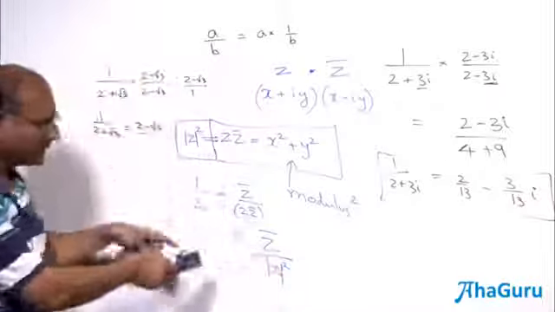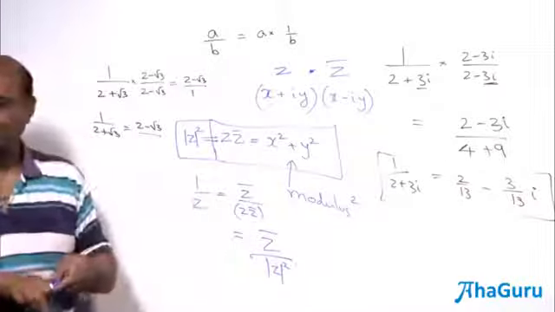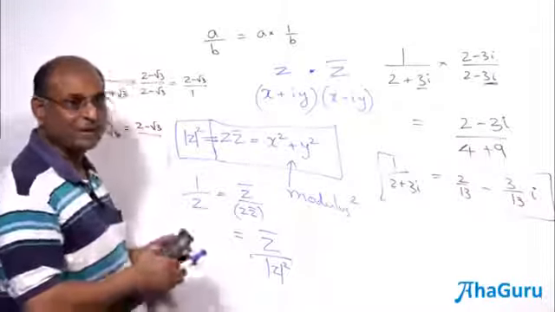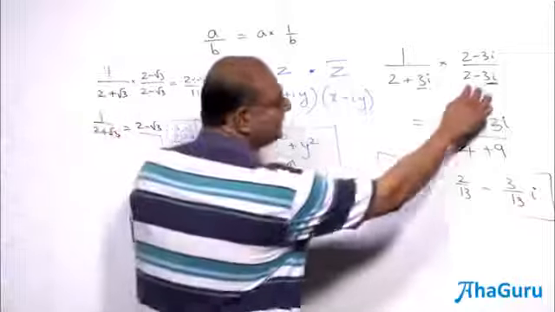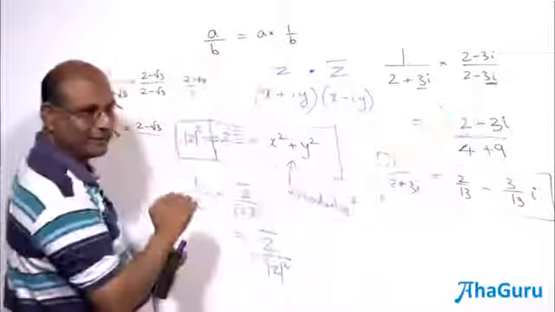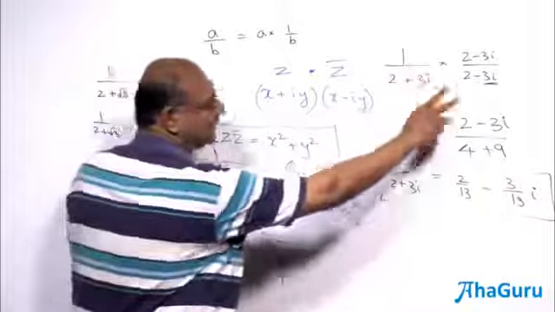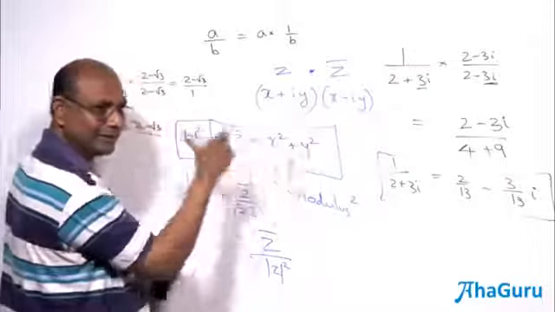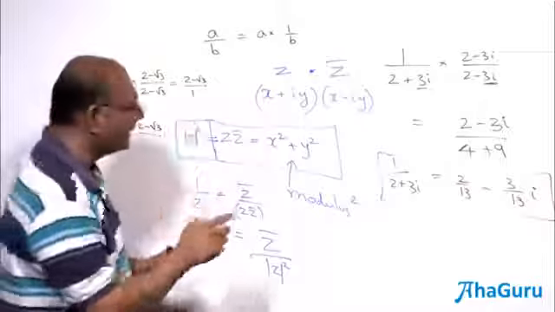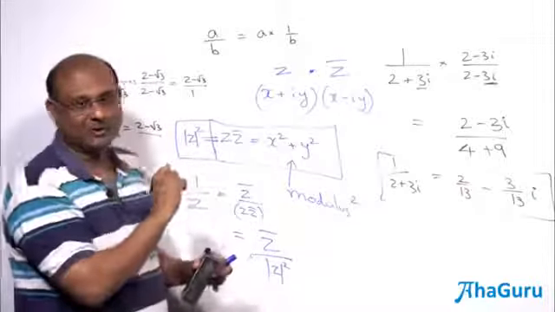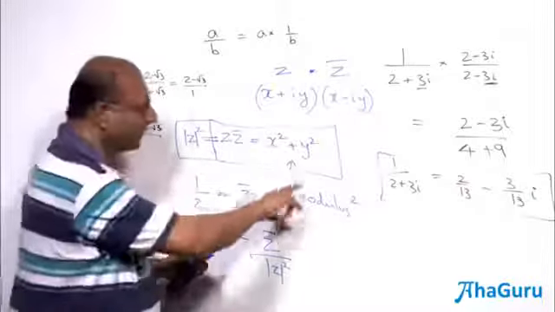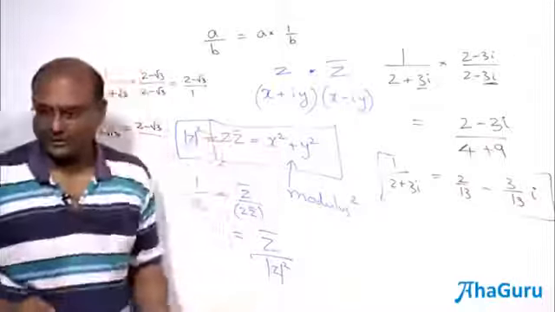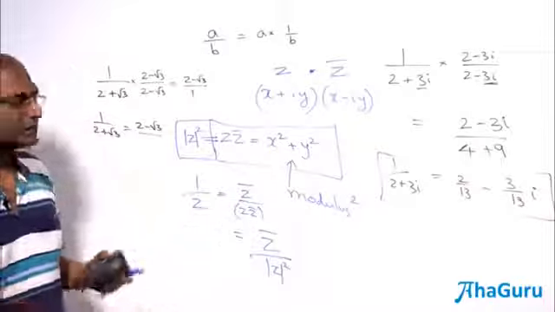Okay, so we've just seen that example. Don't worry too much about this. You will see as you start using it, you will find that it becomes quite easy. I'm just going to point out as we keep progressing what the names are. This thing is called z conjugate. Z times z conjugate is x square plus y square. That's going to come back so many times, it's worth remembering. Root of x square plus y square is called modulus. Modulus square is x square plus y square. Z times z conjugate is modulus square. Is it okay? So that's what we are using.